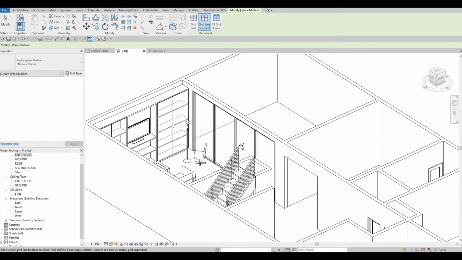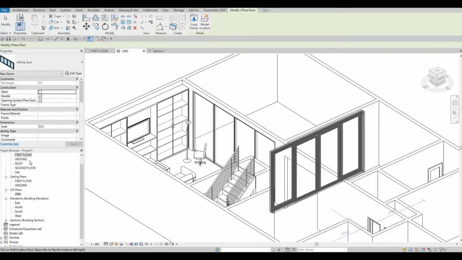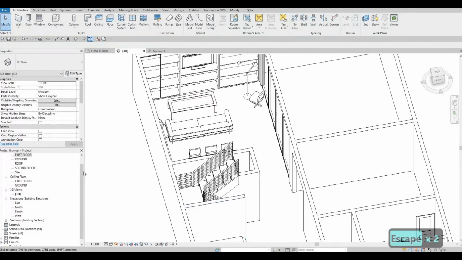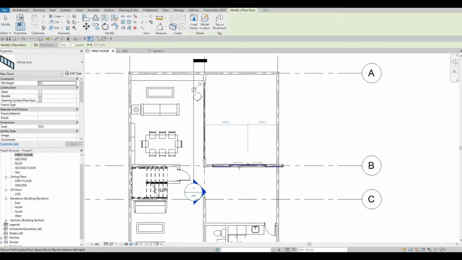Now it's looking like that, and then again the door is missing there. So we could just go here again, select the door, and then add it,